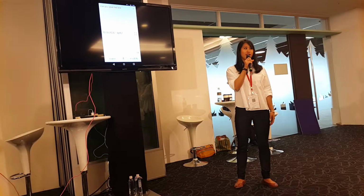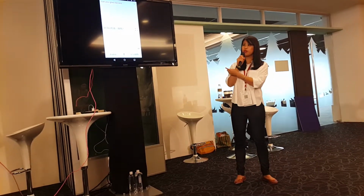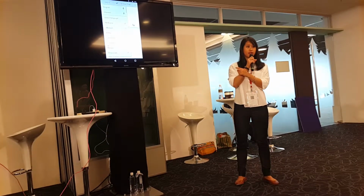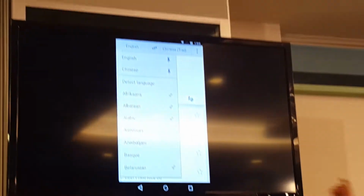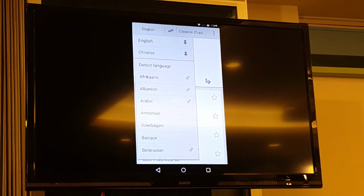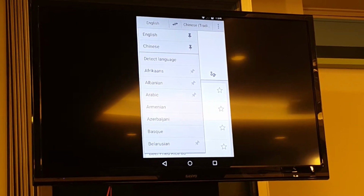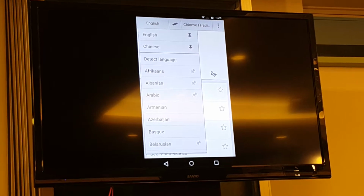The last thing I want to point out is that if you didn't get any SIM cards on your way in, hopefully you did. You can also download some packs offline. So we go back here. Any language you see with the pin, if you tap on it, it'll download a pack onto your device. But what's downloaded is the text-to-text translation. So the voice won't work, but you're still able to input words, questions, phrases, and get it translated into the